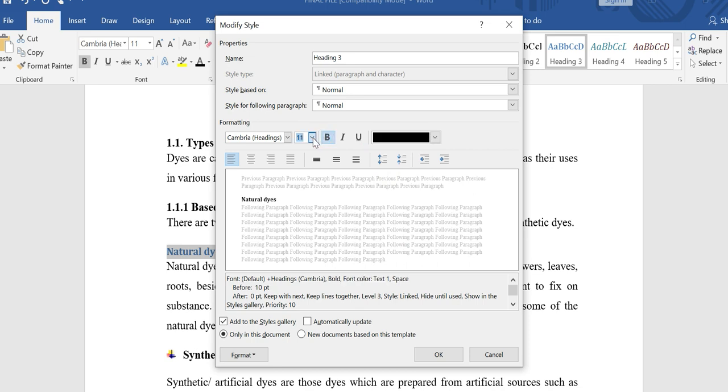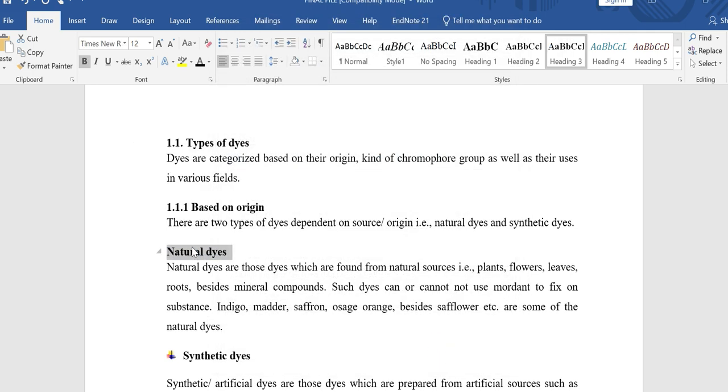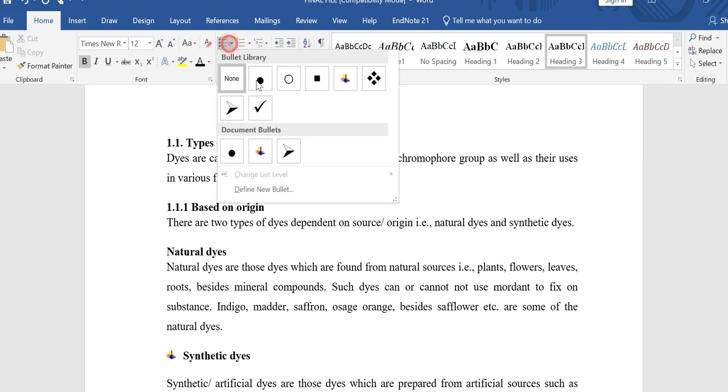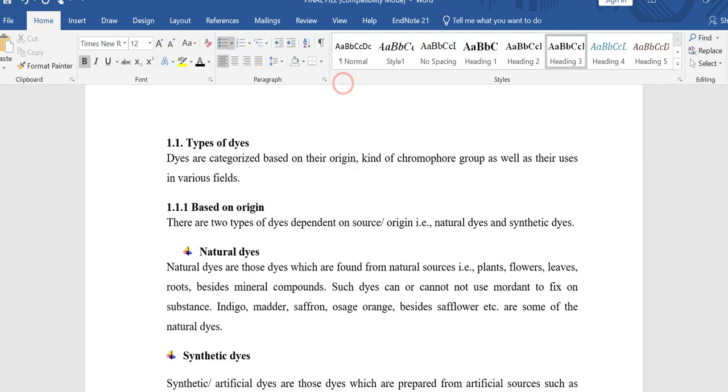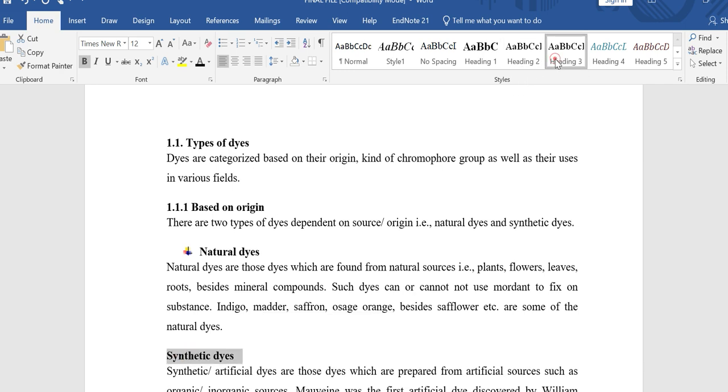I will make it bold, and font size is 12, and font style will be Times New Roman, and then click on OK. So it is automatically updated into this form. And if you want to add bullet points here, then you can automatically add bullet points here. Okay, so this is also a heading type 3, so I will select this, and here you can see it